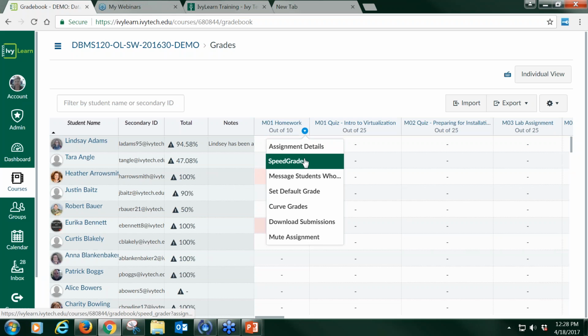I'm going to skip SpeedGrader for just a moment because this is my favorite IvyLearn tool. I love this tool, and I think you'll like it too. I'm going to select Message Students Who... And when I click that,